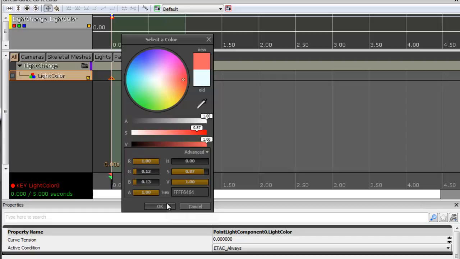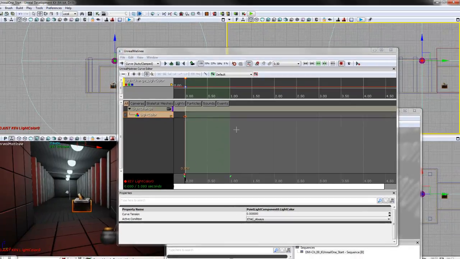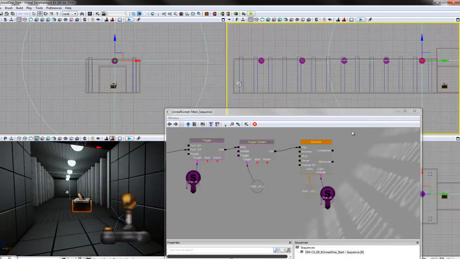Okay, and then press OK. So when we do that, our light colors will be changed to 0.13 for green and blue, and 1.0 for red. Okay, now we can close our Unreal